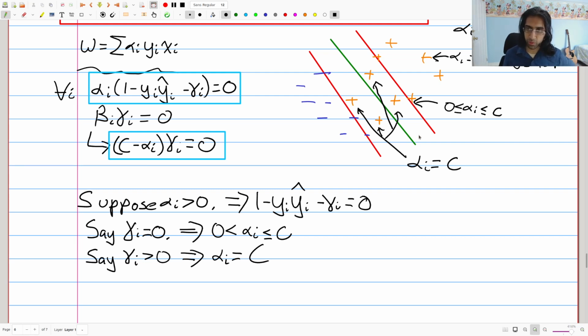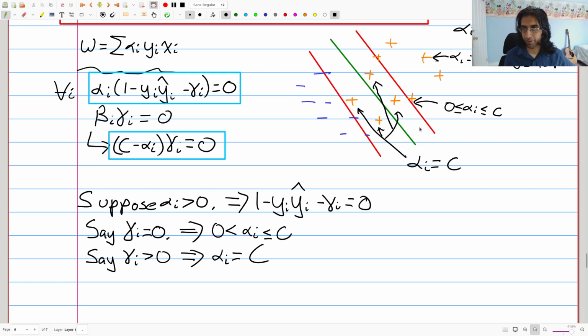So this tells us which points have the potential to be support vectors. And I think that's cool. There are other things you can do by trying to say, suppose alpha i is equal to some value, then where could it be? There are different deductions you can make about where a point lies depending on various values of alphas and gammas. But I just want to show you basically which points are going to factor into this expression for W,